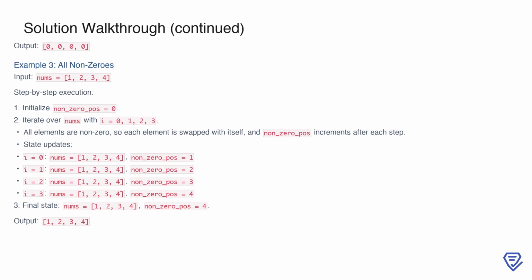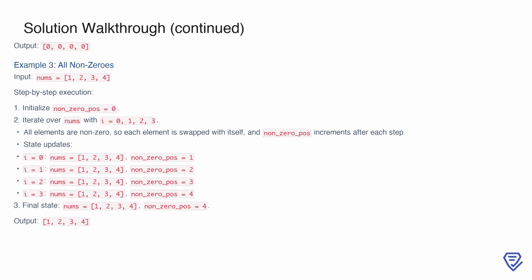In the last example, we have an input array where all elements are non-zero, nums equals 1, 2, 3, 4. Here, we initialize non_0_POS to 0 and begin iterating. At each index, the value is non-zero, so each element is swapped with itself, and non_0_POS is incremented by 1 after each step. At index 0, the array remains unchanged as nums equals 1, 2, 3, 4, and non_0_POS becomes